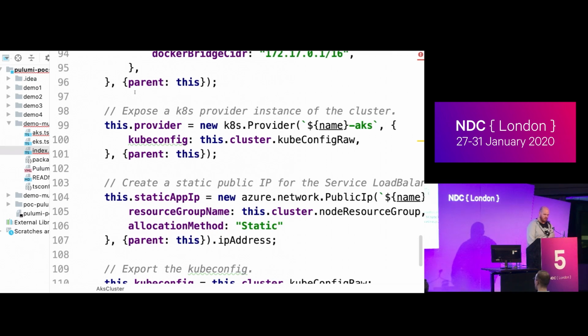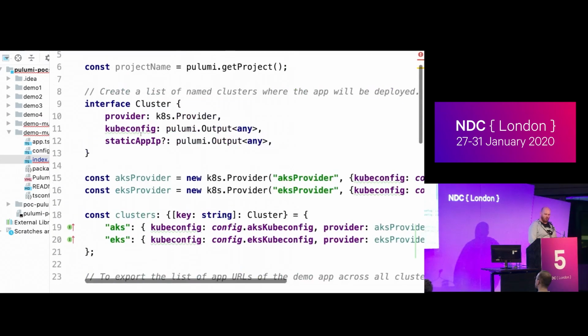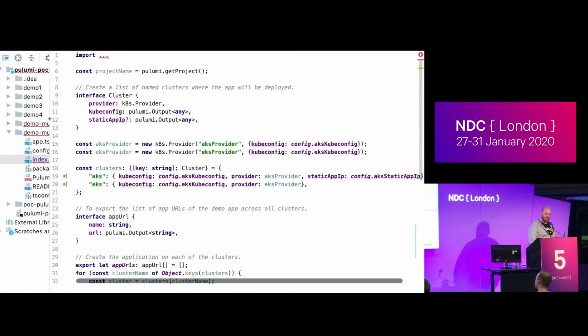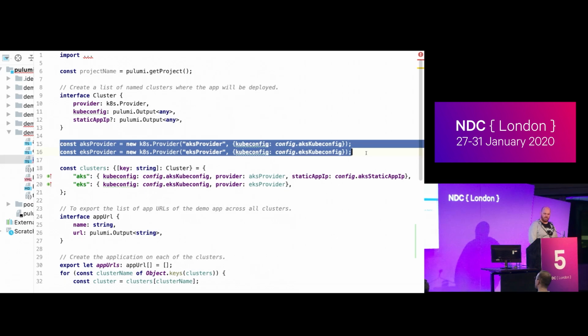in order to understand what the Kubernetes cluster is. Now, the company that we spoke to, their developers didn't know all of these different things were needed because they didn't care. It wasn't their job. It wasn't something that they had to worry about on a day-to-day basis. So just by giving them these small snippets of code, they could then extend it and say, if I want to deploy my applications to all of the Kubernetes clusters in my multi-cloud, I would declare a new provider. Okay, so if they have